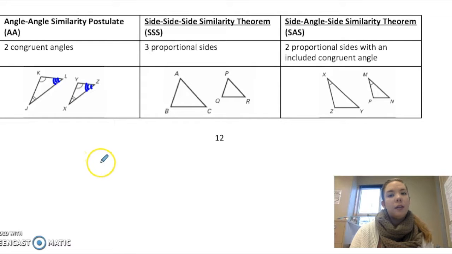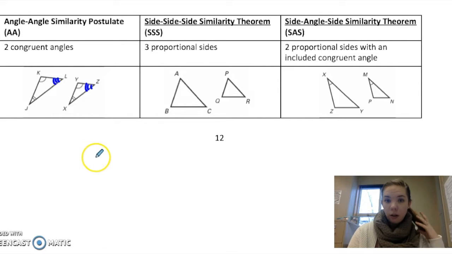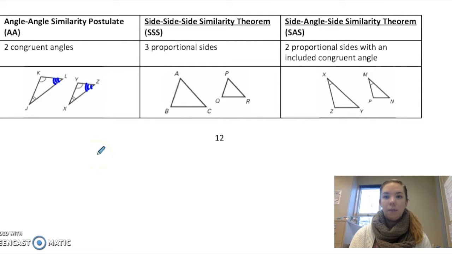The other one is side, side, side, but instead of them being congruent, they're proportional. So if you have three sets of proportional sides, then you can say they're similar. And then in turn, you can say that all of their angles are congruent. And then the last one, side angle side similarity, when you have two proportional sides on either side of your angle. So that would have to be